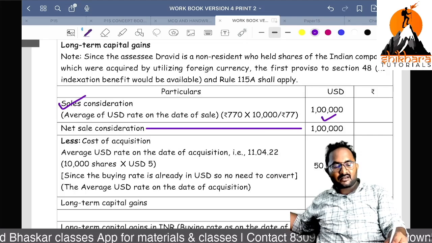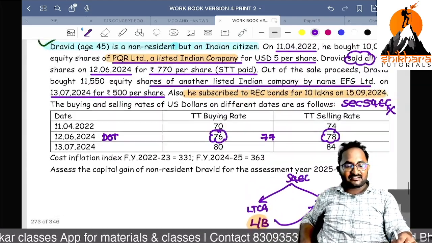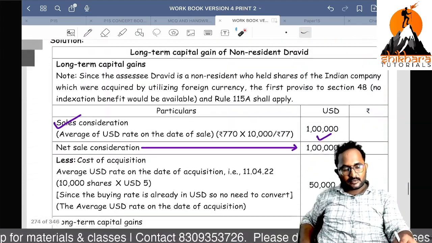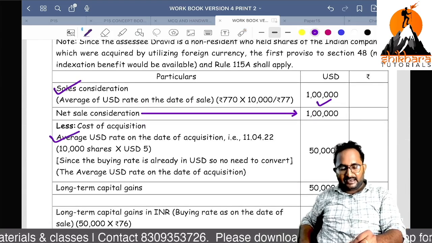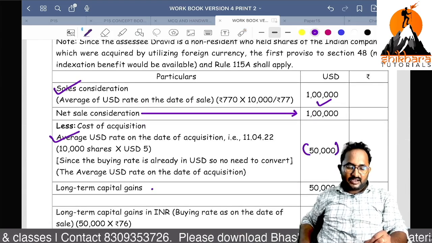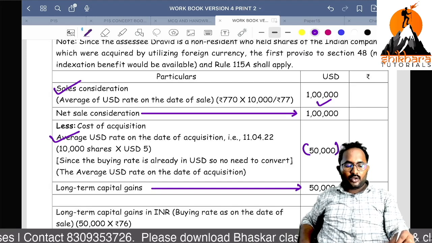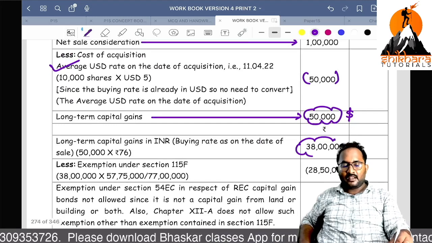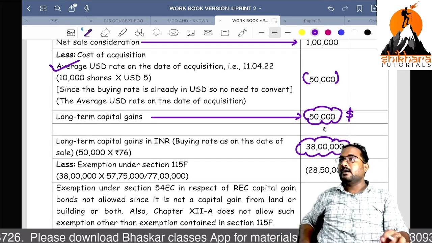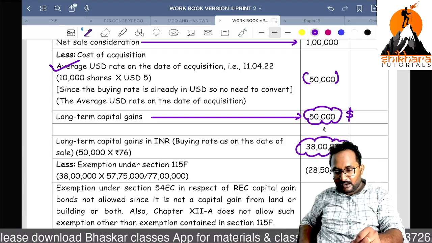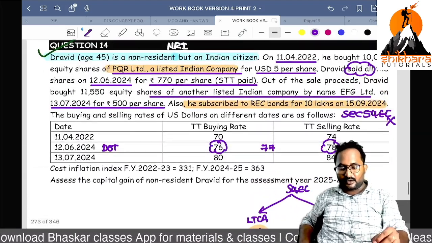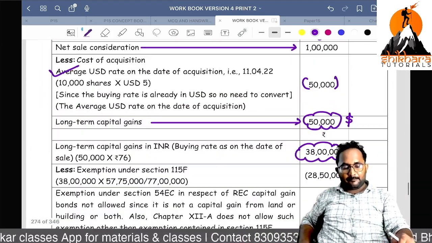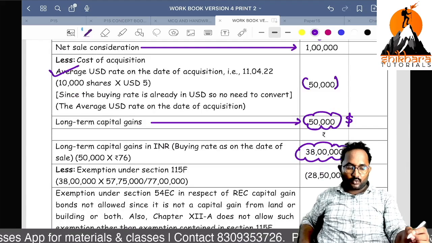Cost of acquisition, unfortunately they are given in foreign currency only, no problem. 10,000 into 5. How much? 50,000. There is no indexation for the non-resident. That's why it is a long-term capital gain. Now, the long-term capital gain you got in dollars. Now we have to convert into Indian rupees by using the telegraphic transfer buying rate as on the date of transfer. What is the telegraphic transfer buying rate as on the date of transfer? 76. Please apply that and you will get it in rupees. Now,